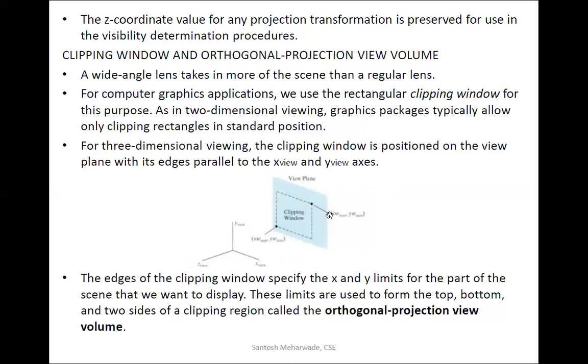This is the view plane, this is the projection plane, and this is the viewer. From here the viewer is going to see the image. But the view plane is very big, and we don't want it that big. We are going to crop that view plane. We are going to get a small window within that, and within that only we are going to place our object. You can treat it this way: assume that you are in a cinema hall, in a PVR cinema hall.